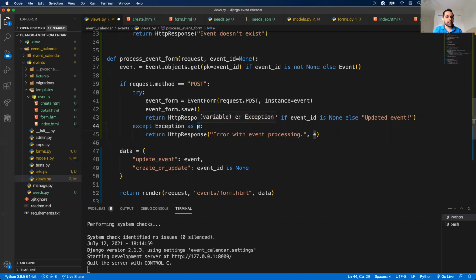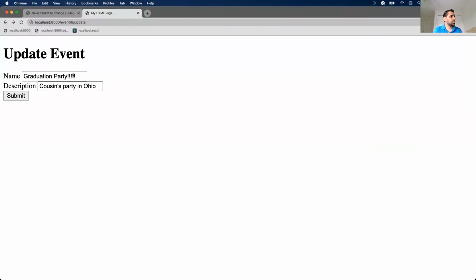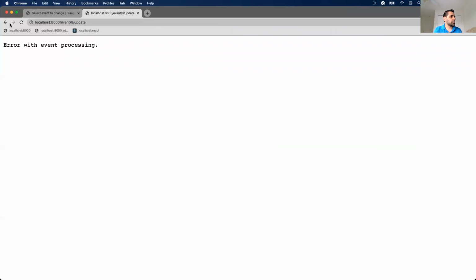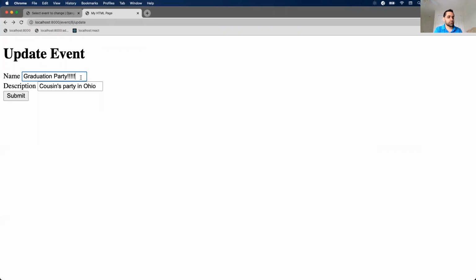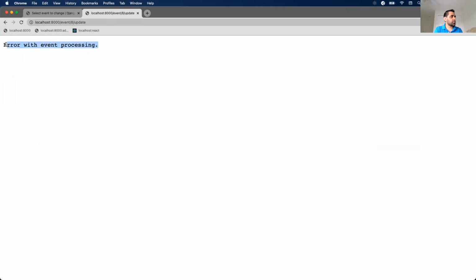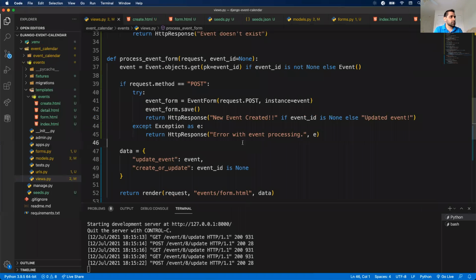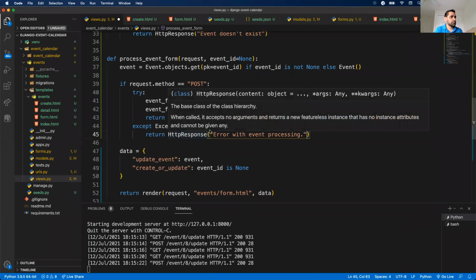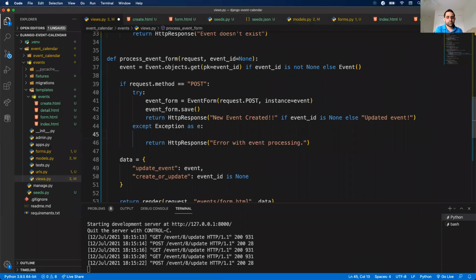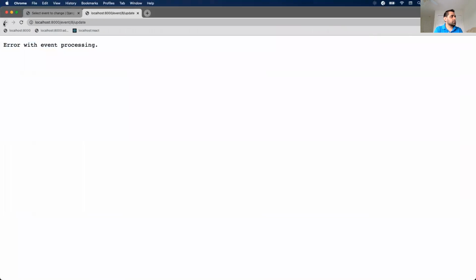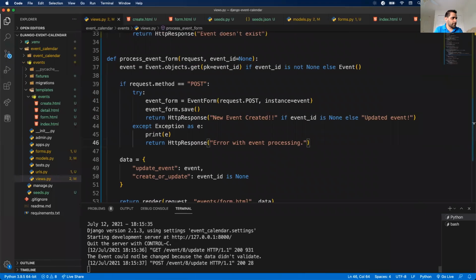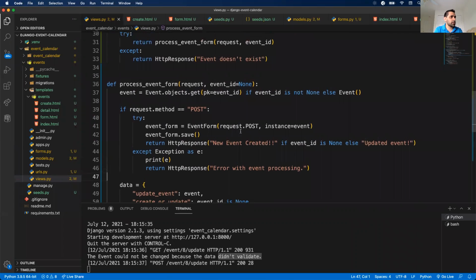Okay, so we get an error. Let's see what error we're getting. Let's go back, submit. That's not any better. Here with processing. Okay, let's take a look at our console here. This event could not be changed because data didn't validate. So I think it's back to my,